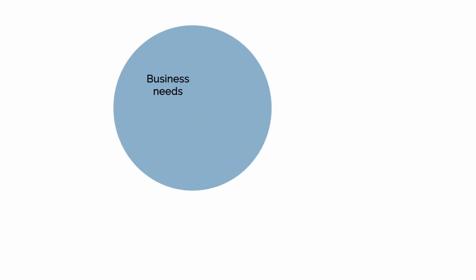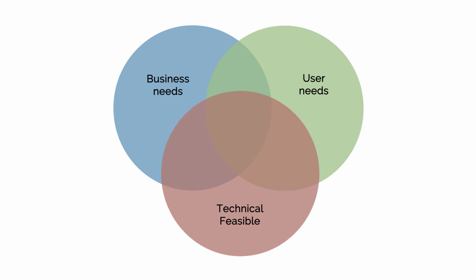So there should be three main things that you're looking at with your particular idea. Does it fulfill, number one, your business needs? Does it fulfill your users' needs? And number three, is this a technically feasible idea that you have? If all three are present in your idea, that makes your idea something that is good and appropriate for that